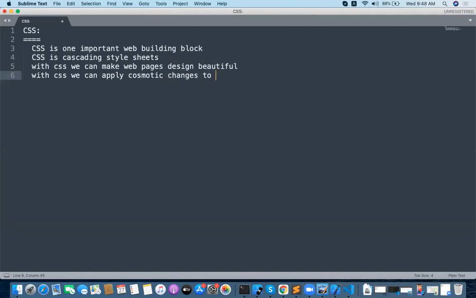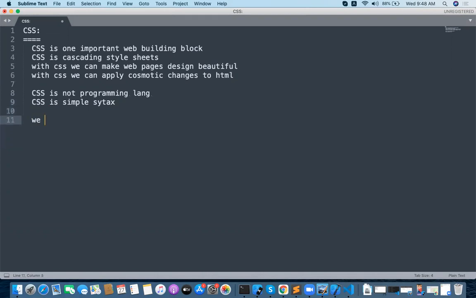The same way with HTML, we can do some cosmetic changes, nothing but some colorful things, design beautiful. With CSS we can apply cosmetic changes to HTML. And CSS is not a programming language. Again, this is not a programming language, and CSS has a simple syntax.